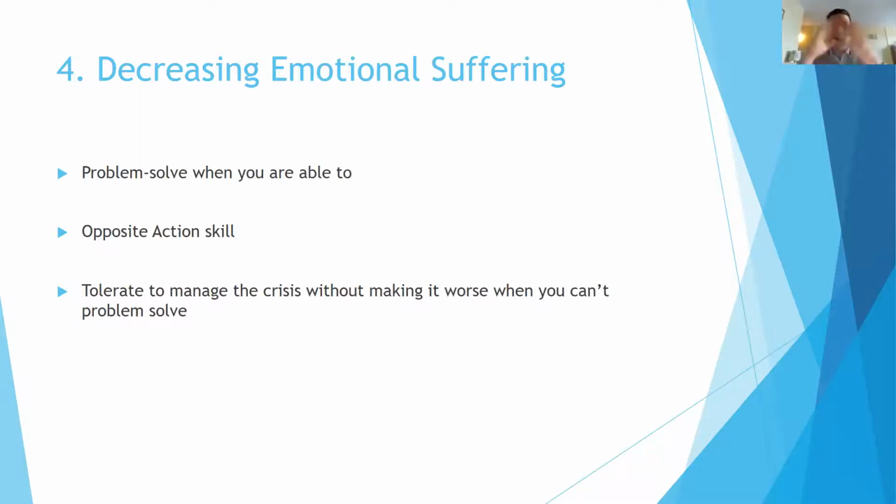So those bills come in and I'm overwhelmed and I'm feeling really anxious. I might need to take some time to do some soothing and some distracting, but plan on coming back to that emotion, because otherwise it'll become avoidance and I'm just trying to suppress the emotion. I'm not coming back to it. So tolerating it until I can manage through it, but coming back to it is important.